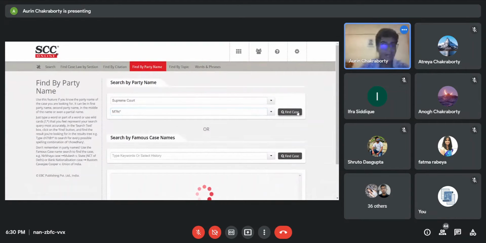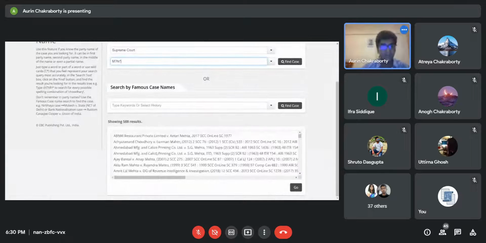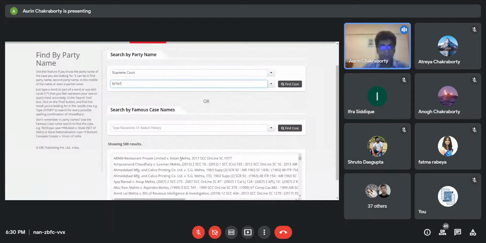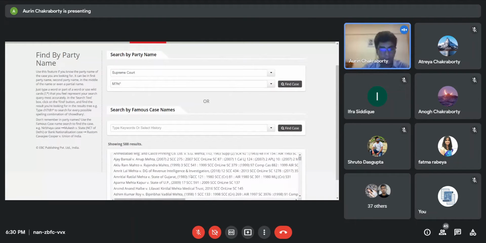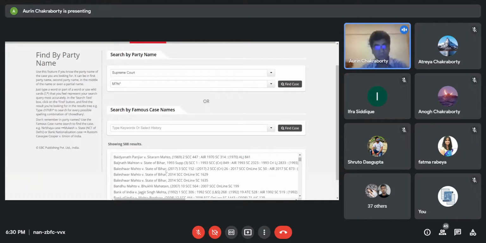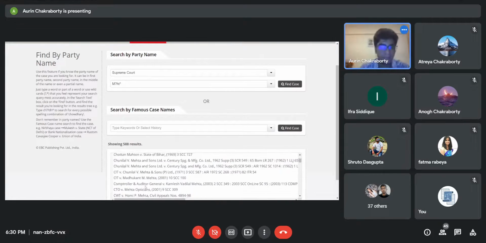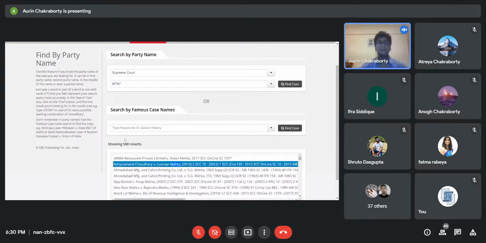So you can just fire your search, and every case law which has been reported in SCC and has been argued before the Supreme Court with respect to these few variables will all be displayed over here, right? So you have Mehta, you also have Mahato, and I'm sure later on you'll also find aspects of Mohta and any other variants to that effect, right? So this is one aspect.